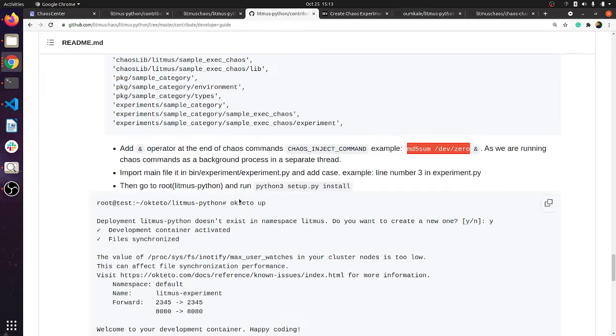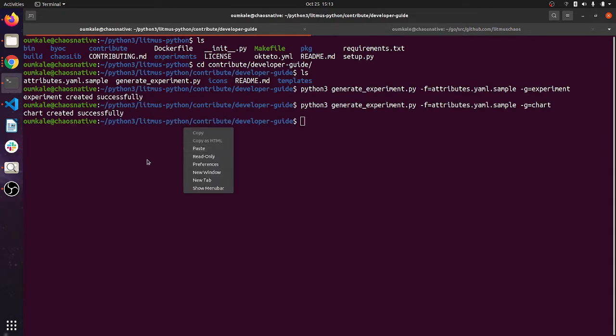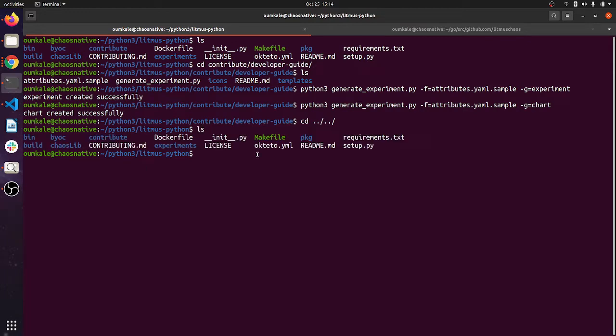Once you are ready with that, just run this file once. You can run that. Just make sure of this. Now we are going to start our environment, that one is Octato.